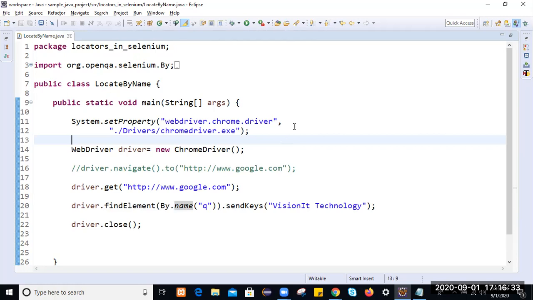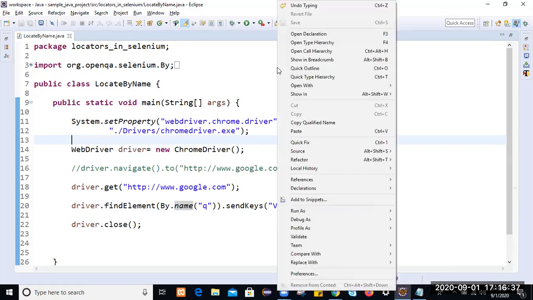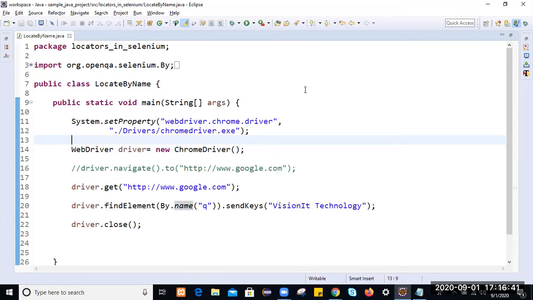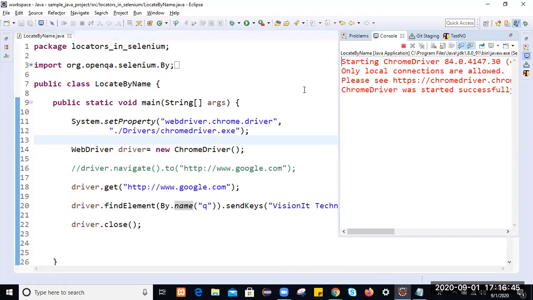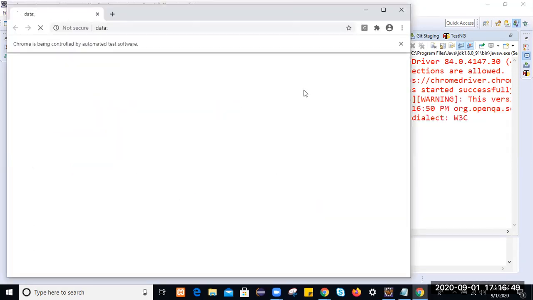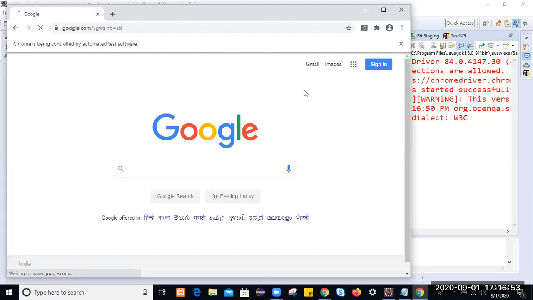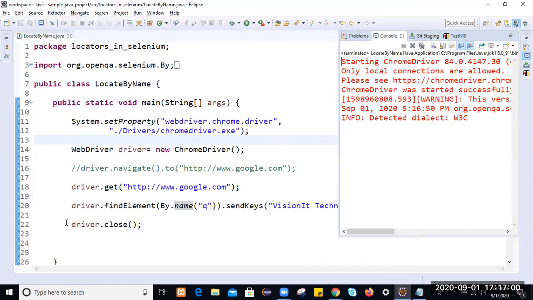It's taking too much time. Let me run once again, Run as Java application. When you run multiple times, it takes some time. So this is Google, and then we can type Vision IT.